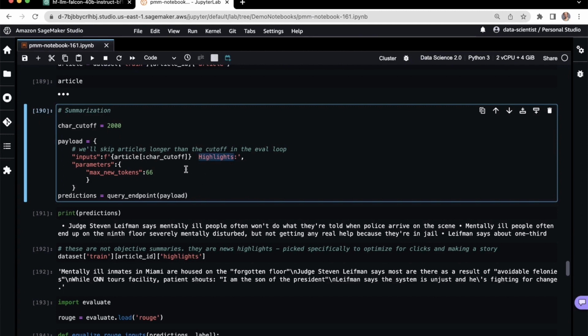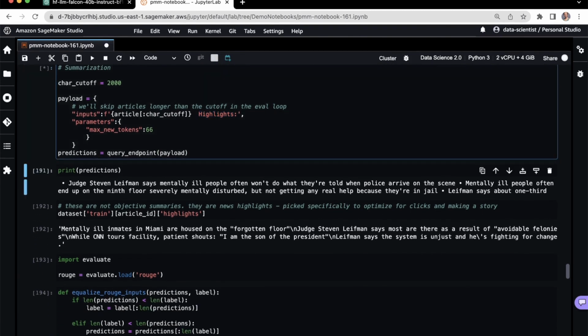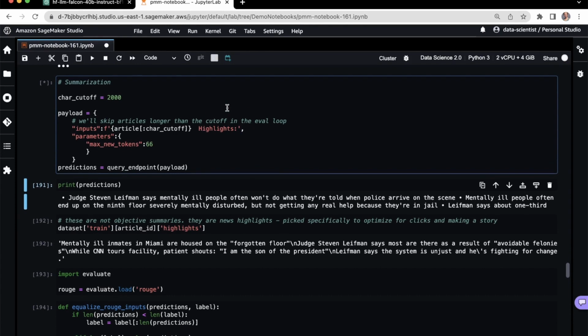Actually, because the CNN dataset here doesn't seem to be like a formal summary linguistically, it's truly news articles, and then it's highlights from those that are useful in this context. So I found it helpful to modify the instructions. Instead of using the word summarize as the instruction, I just use the word highlights. And then I seem to get summaries that were much closer to the label dataset. And so here we'll send this article to the endpoint.